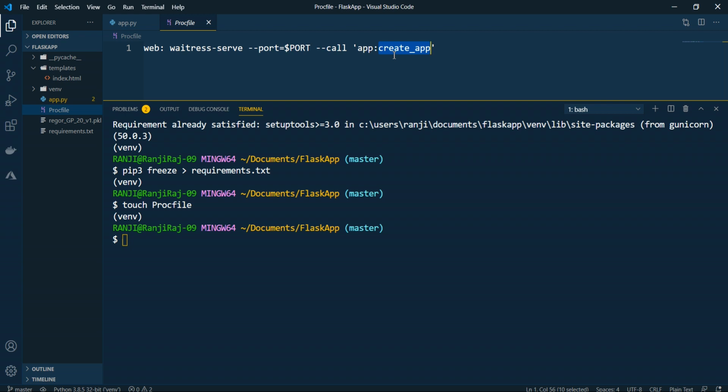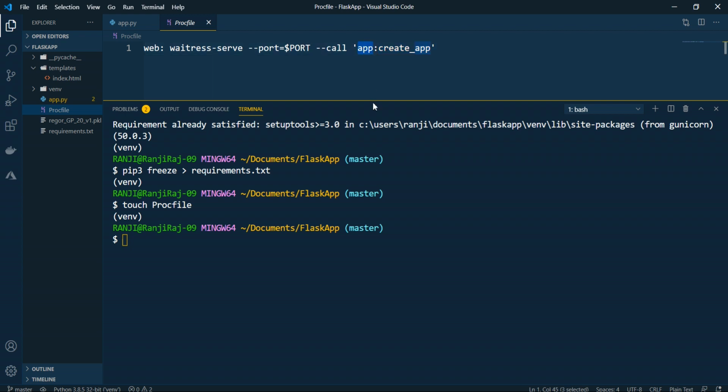Now this thing you have to understand very crucially, or else you will have different difficulties while deploying, because when I deployed this I had encountered different issues. So just to let you know what these things are.